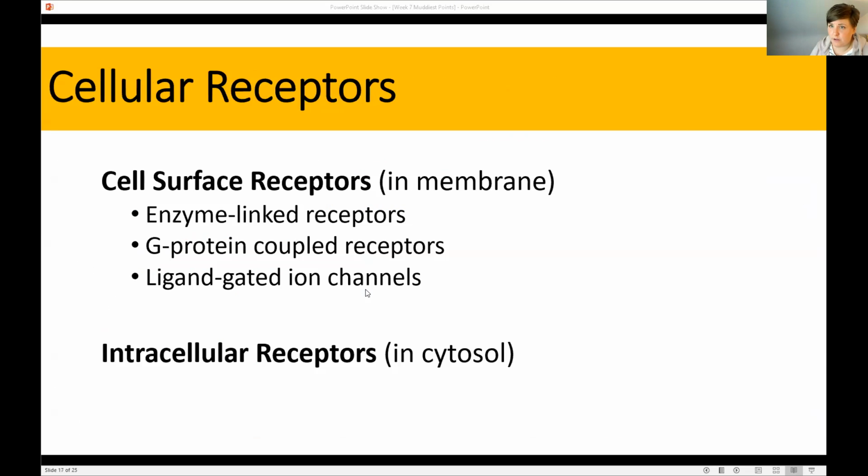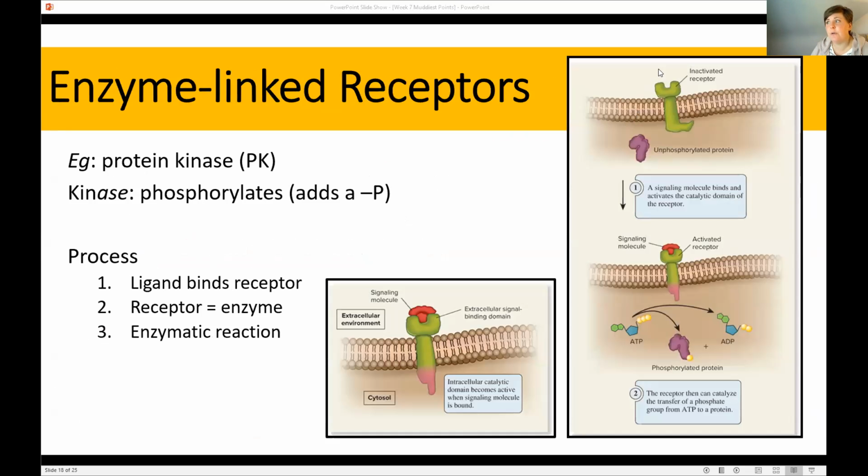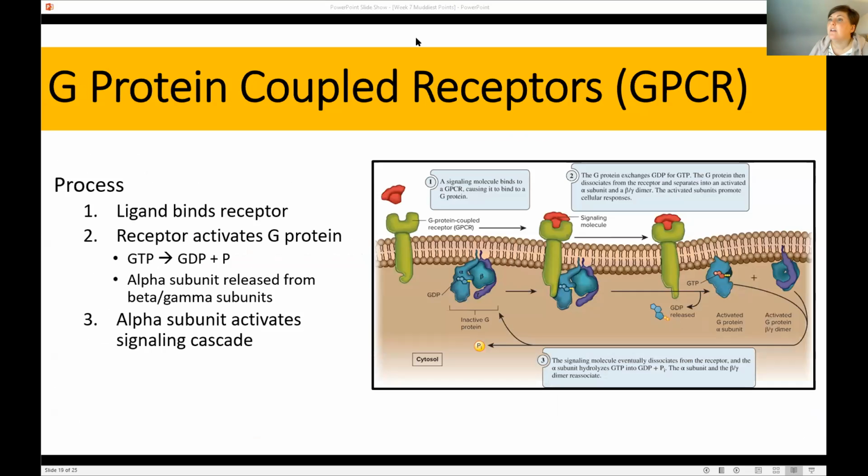So that's all you need to know here. Enzyme linked receptors, you have the ligand bind the receptor, and a chemical reaction takes place right there. G protein coupled receptors, you have a ligand bind a receptor, the receptor then associates with the G protein, it dissociates, and then sets off a signaling cascade. So that's all you really need to know. It just adds a couple more steps, which again, like, why is this so complicated? The more steps, the more amplification of that signal, which GPCRs are notorious for, really good signal amplification.